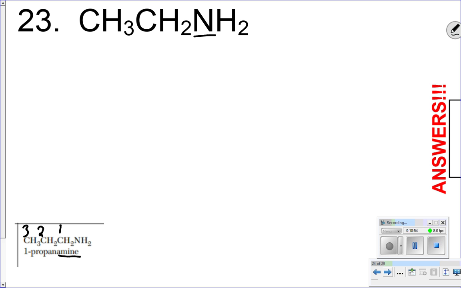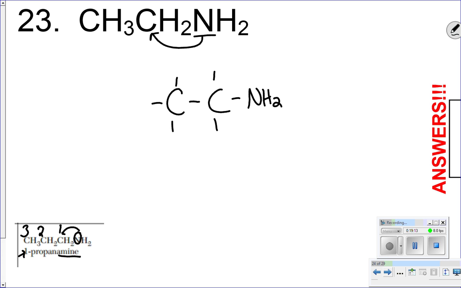I have 1, 2, 3 carbons. The 1 is showing that the nitrogen is attached to that N carbon right there. So in this molecule, my nitrogen's attached to this guy. It actually doesn't matter quite so much because if I drew this out, I would say I have 2 carbons, 3 hydrogens on one, 2 on the other, and then this NH2 group. Whichever way you write this, that NH2 group will be on your first carbon. So instead of having propanamine, this is going to be ethanamine. And you actually can get away with no number since the nitrogen has to be on carbon